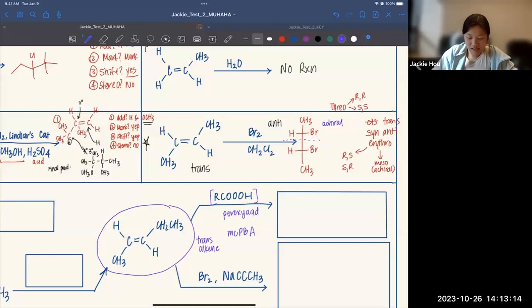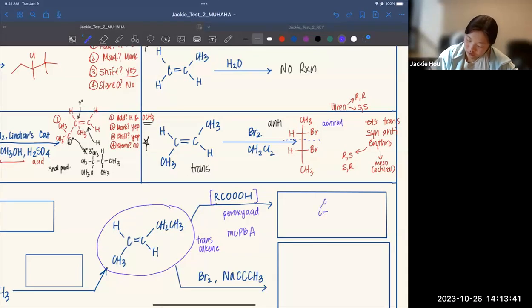So with epoxidation and any sort of syn reactions, you're going to have stereochemistries that are written as cis to each other, comparing to what you already have. What I mean by that is you're not going to change to being anti-addition. So